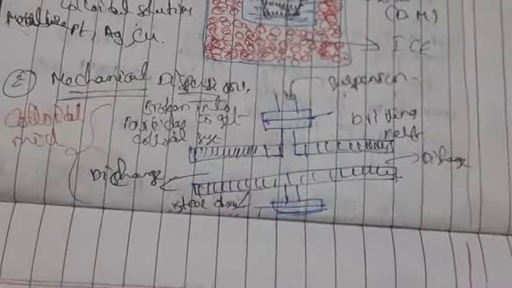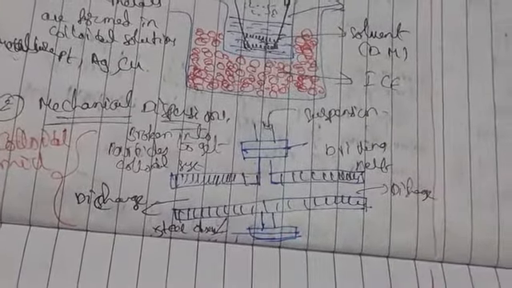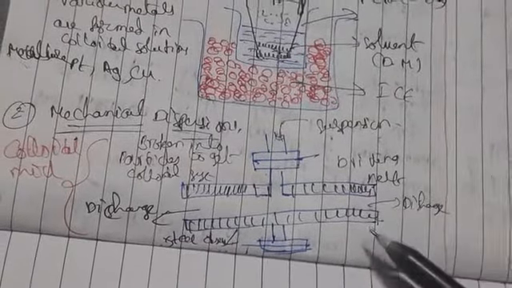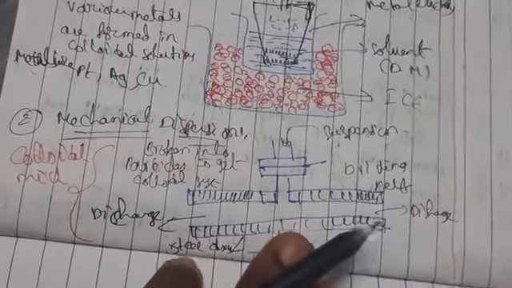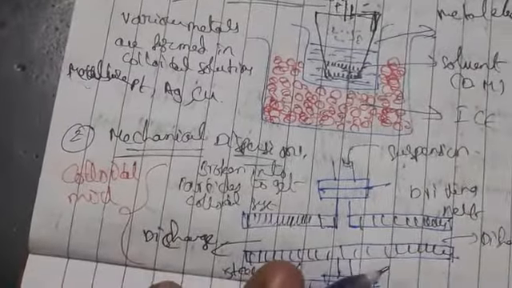So after that what happens? First we have to take this sol. Sol is nothing but colloidal solution, solid, that should be made into a powder. After making powder, that should be dispersed in a solvent, dispersion medium. After doing that, we have to get suspension. That suspension should be added to this mill. So after adding to the mill, the speed of the rotating disc should be adjusted first. After that the larger particles are broken into colloidal size. So this is one more method to get the size of the particles.